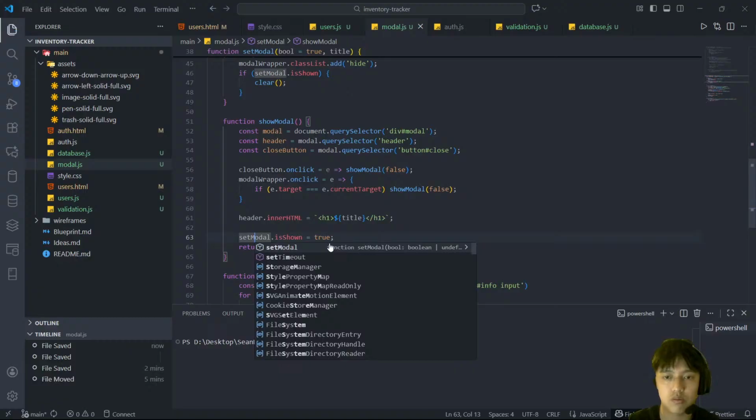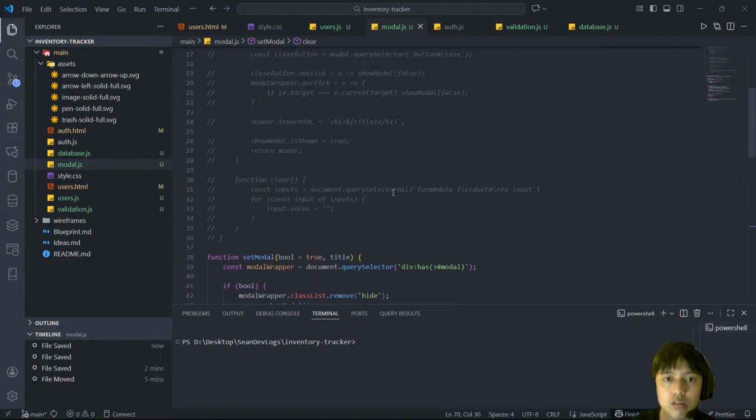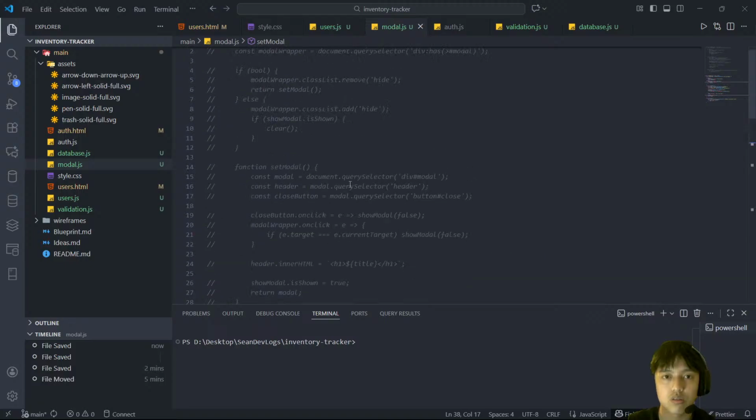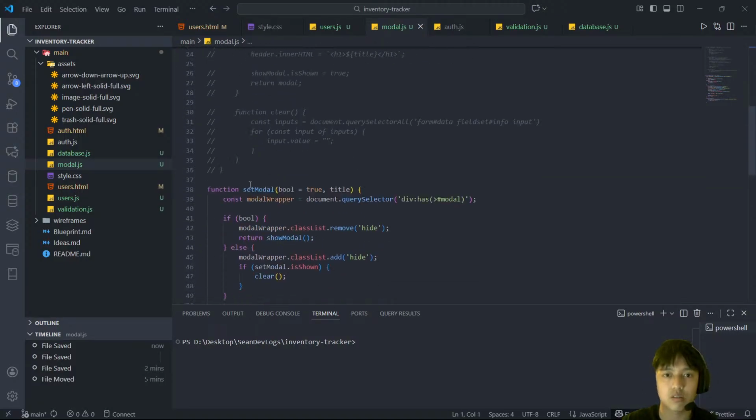Set modal. Okay, so I think that's good. Right, so before I forget,